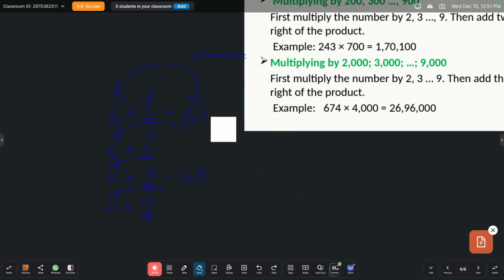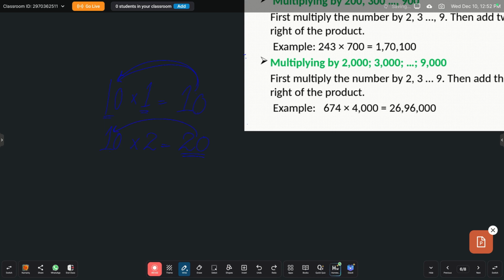Okay. Now here we will learn how to multiply numbers by using the multiples of 10. What are the multiples of 10? It means that if I multiply 10 by 1, what will be the answer? 10. I told you product is actually the multiple of the number by multiplying it by another number. So if I multiply this 10 by 1, I will get 10, and that 10 is the product, and that is also the multiple of this 10. Now if I multiply this 10 by 2, what is 10 into 2 equal to? 20. So 20 is the product of this 10.